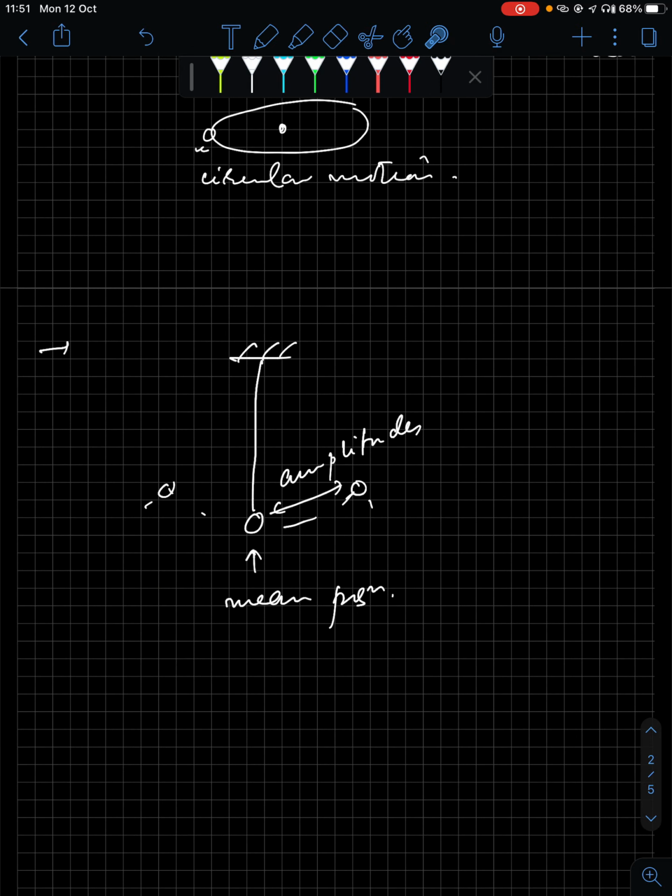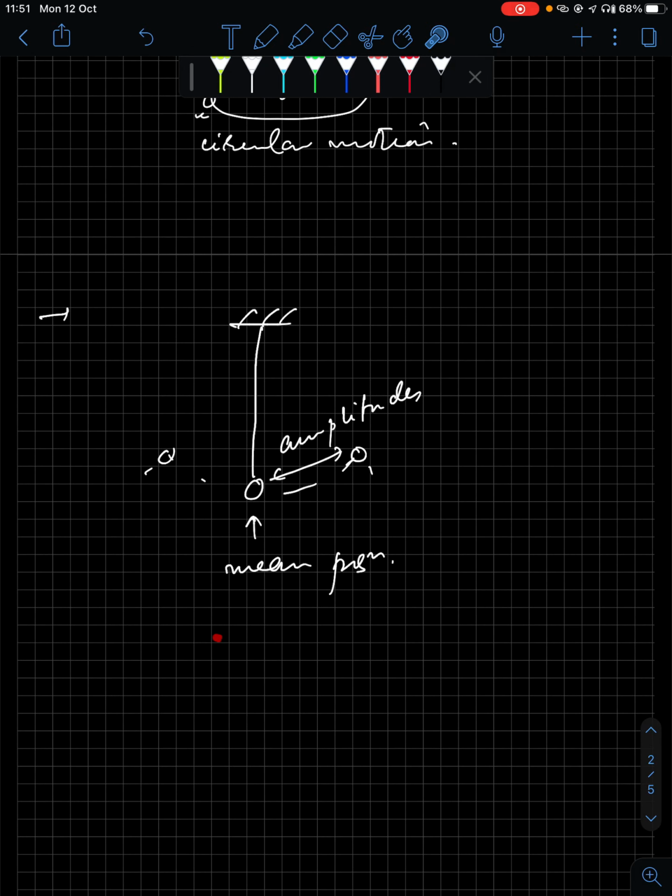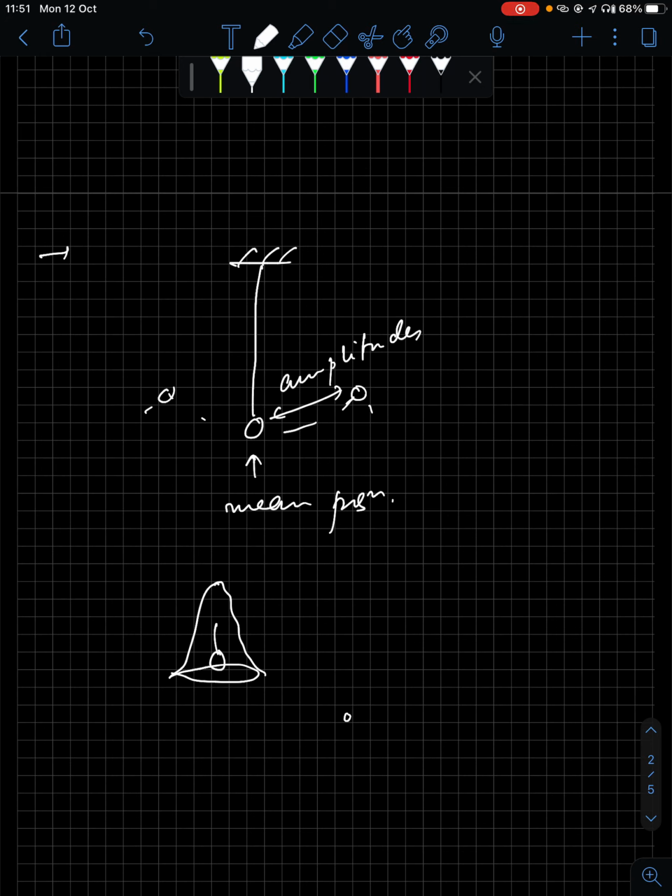Now in case of atoms, say you have a bell, and you ring it. I'm very poor at art, okay? When you ring the bell, if you touch the bell, you will understand, it starts vibrating. So in that case, the atoms and molecules which constitute the material of the bell move to and fro, but with very less amplitude, right? In that case, you call this motion vibratory motion.